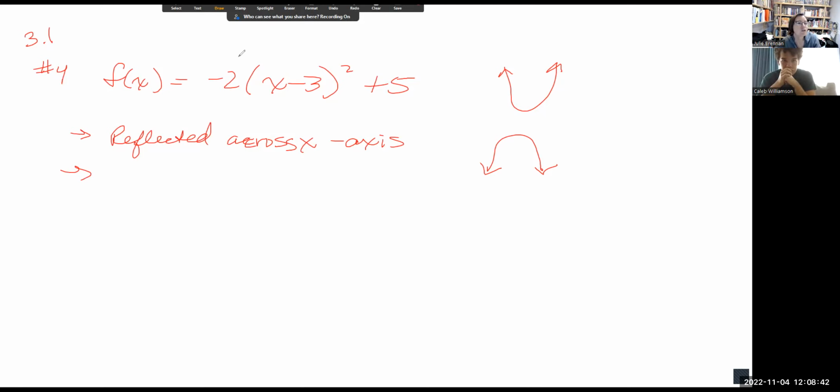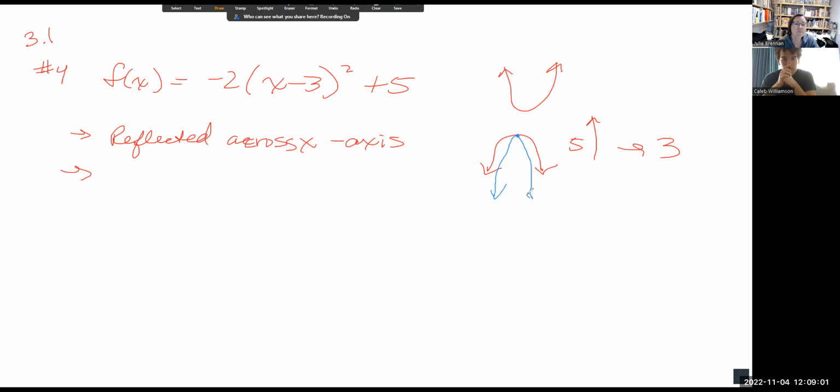I would actually do the vertical stretching first. This would be, it's gone up 5, it's gone over 3, right? I've shifted that. And then the vertical stretching,